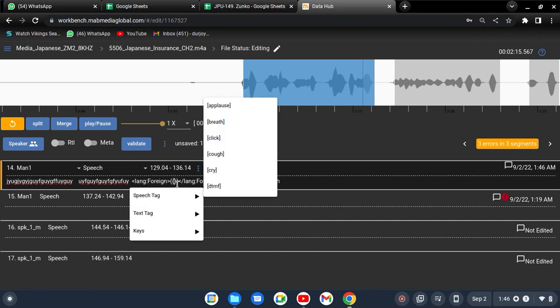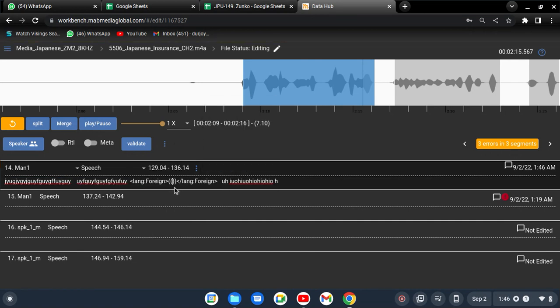The person says Japanese. The person says back to back one, two, or three words. It could be one word, two words, back to back three words, or a sentence from another language. If you don't understand it, that is the reason you put the double bracket and then mark it as a foreign tag, because those words are foreign. You understand at least that those words are from a foreign language, that's why you mark the tag as a foreign tag. Okay, that's it. After that, again the person says